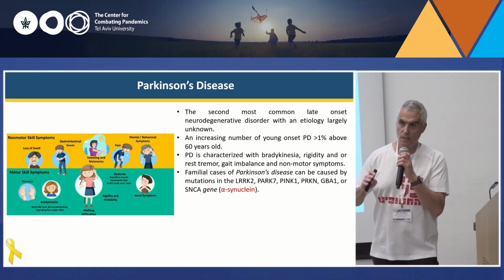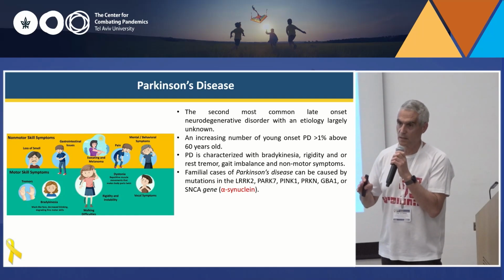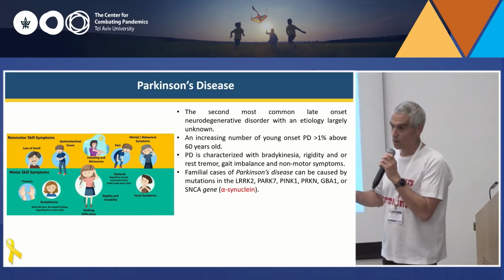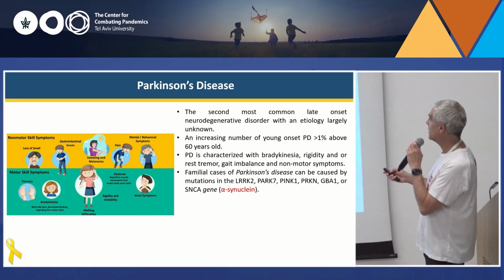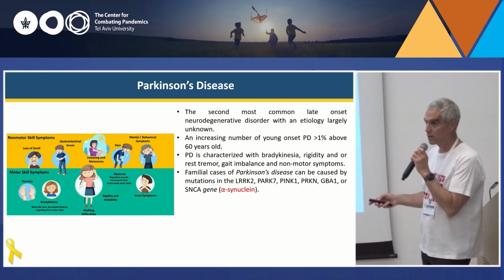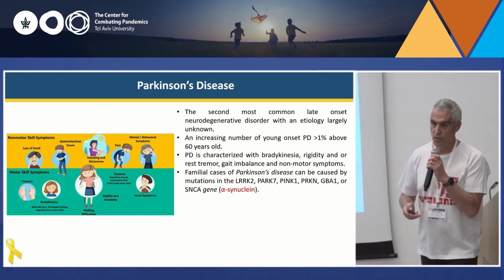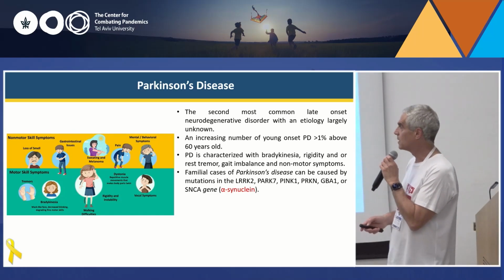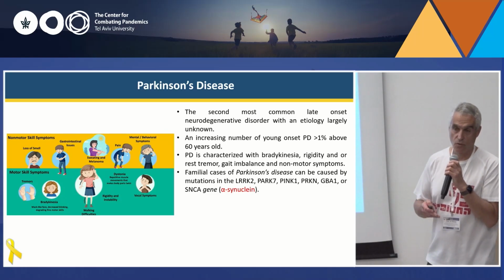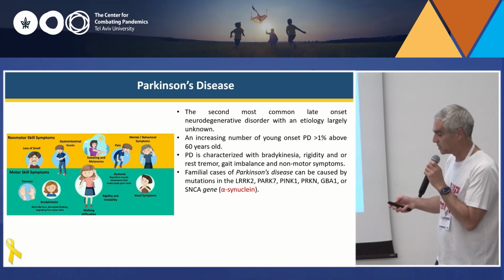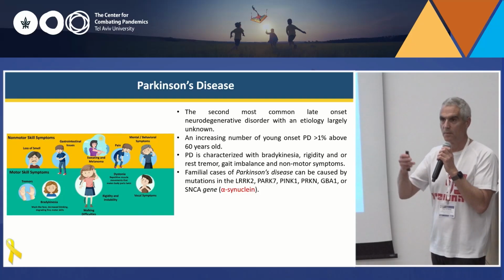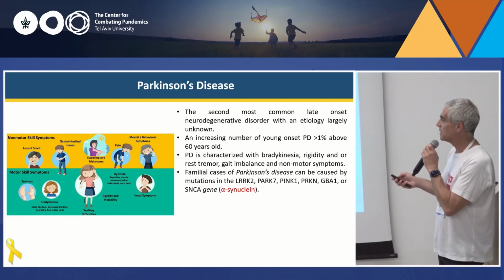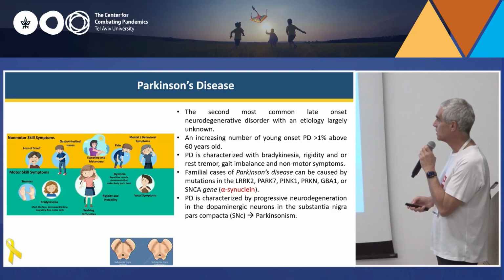95% of Parkinson's disease cases are non-genetic. Although when you have a mutation in one of the genes like LRRK2, PARK, PINK, GBA, and alpha-synuclein, it increases the chances of having the disease, many cases, or most of the cases, are called idiopathic PD. Maybe GWAS in the future will tell us some genes that are not expected and that cause the disease, but at the moment it's not known.